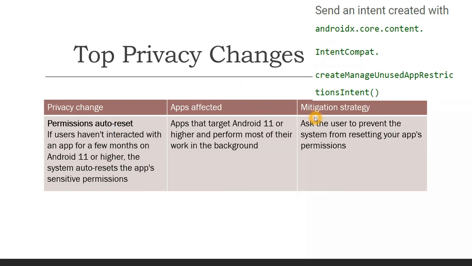So again, it's a good feature which will help us in making sure that the permissions which we have given are not misused. But again, if we are an app developer, what mitigation strategy you can use is you can actually disable this feature. If you do not want this auto reset permission working, you can disable that feature using this particular